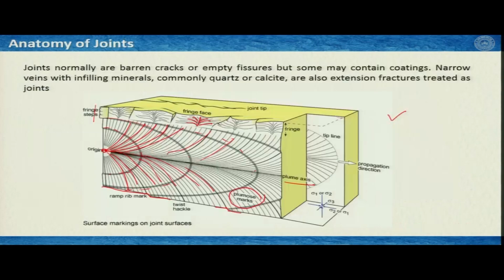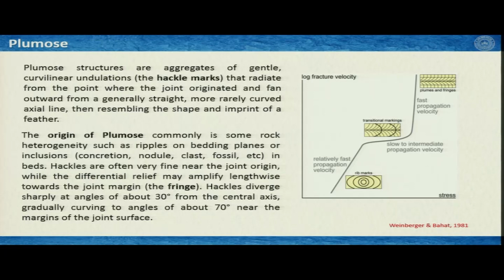So this line you see here is very much straight. However, in a few cases we may see that this can be curved, but this is very rare. And then it resembles the shape and imprint of a feather. So sometimes you may mistake it for a fossil of a feather or something like that,